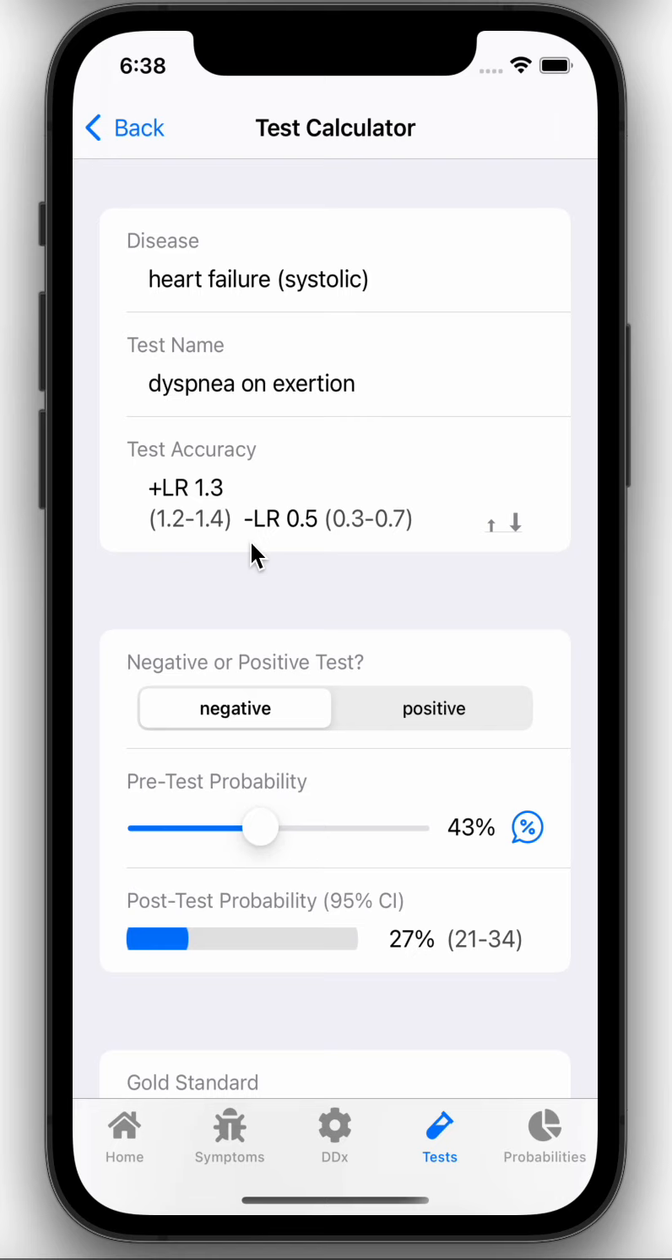docLogica has an extensive database of diagnostic test accuracies, more than 1,200 of them. docLogica also has a quite extensive database of pretest probabilities. If we click on the probabilities icon in the lower menu here,